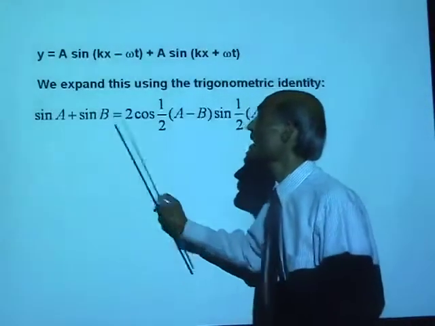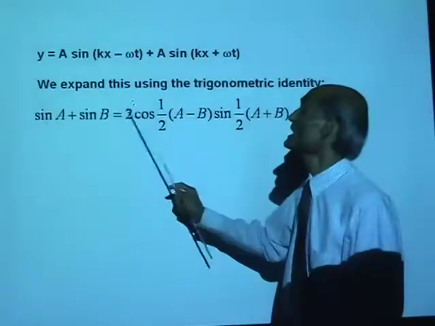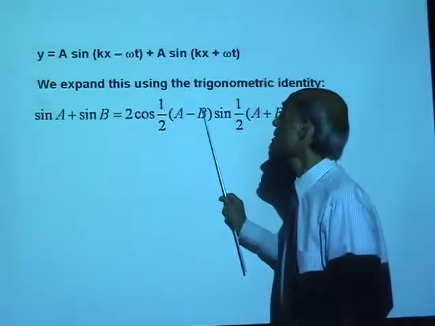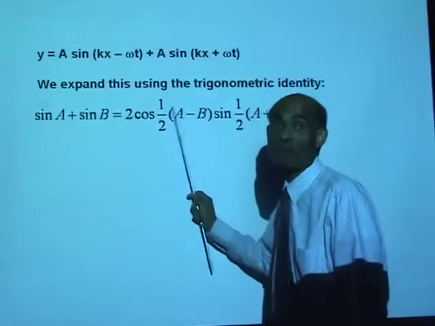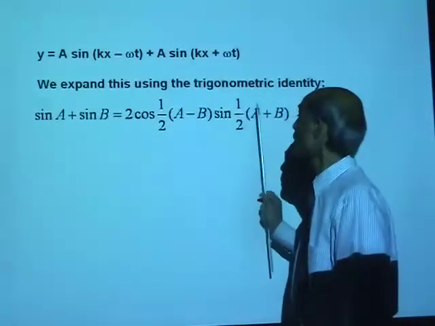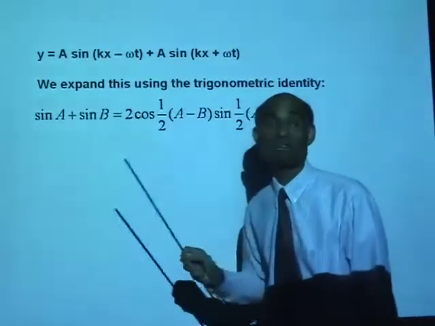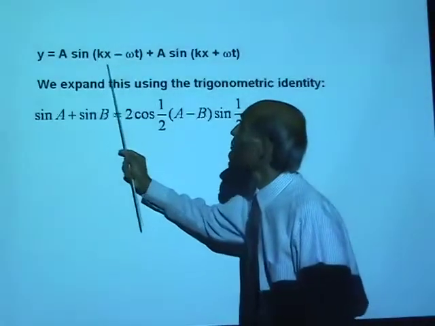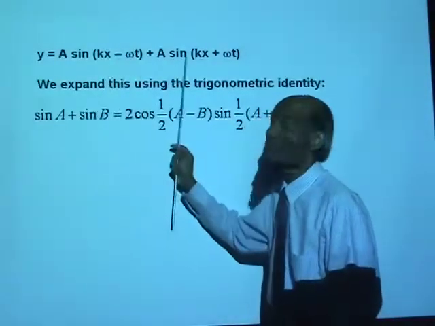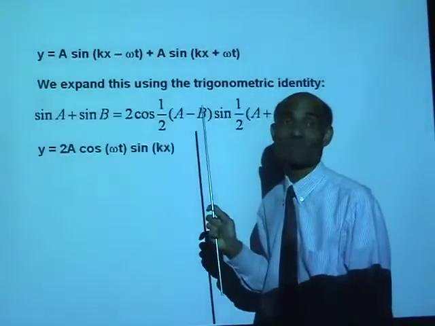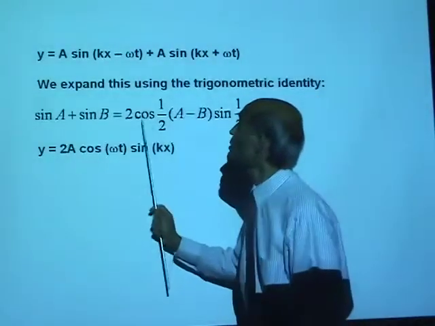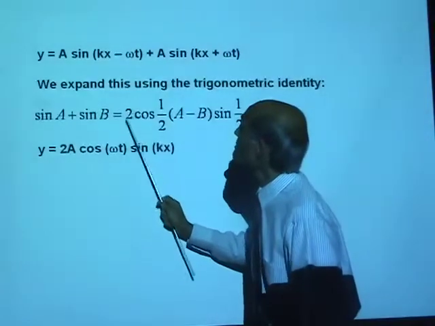Sine of A plus sine of B is 2 cos of 1/2 (A minus B), times sine of 1/2 (A plus B). Our A is kx minus omega t, B is kx plus omega t. So when you add them, you get